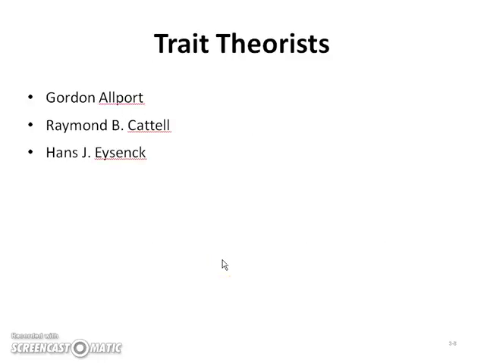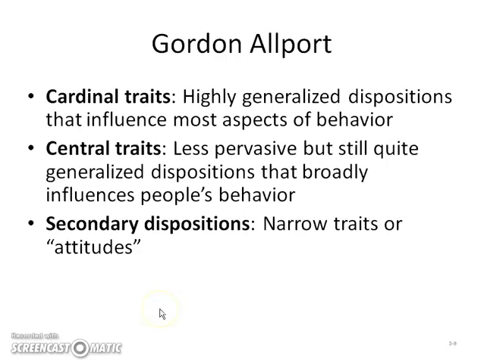The book reviews several of the major trait theorists and the ideas they had. They're listed here, and I'll give you a few examples on the next slides. Allport is a pretty important figure in the history of psychology, and he looked at traits in people and their personalities, and he talked about cardinal and central traits, and also looked at secondary dispositions or narrow traits and attitudes. So do the reading about his model because it's pretty influential, particularly for this level of understanding personality that we're